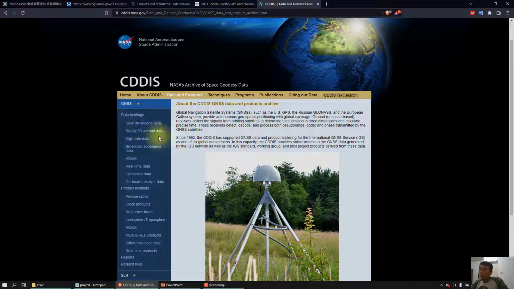If you want to focus on the hour of the earthquake, you can use the hourly data. And the high-rate data is 0.5 second data, but only for a 15-minute range. For this homework, I will use the daily 30-second data.